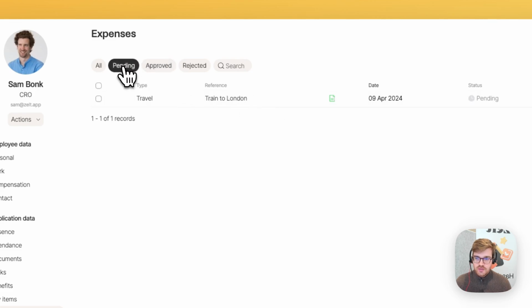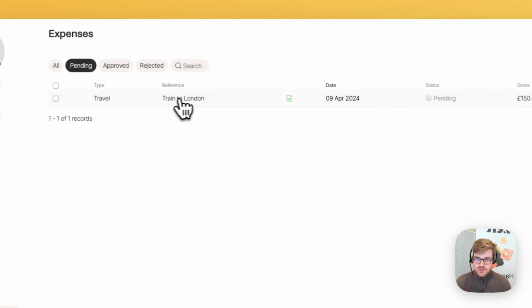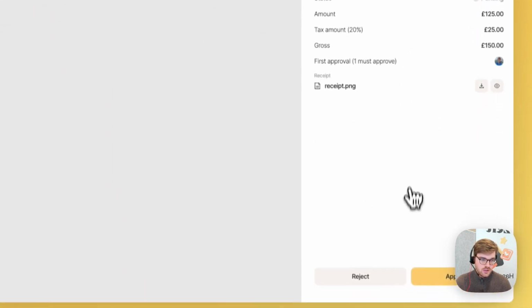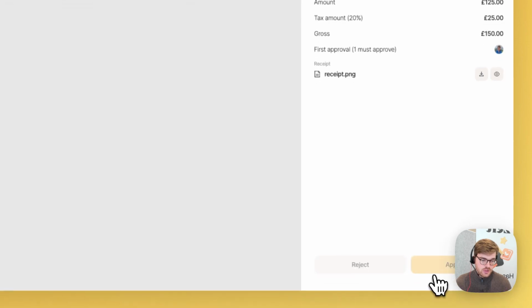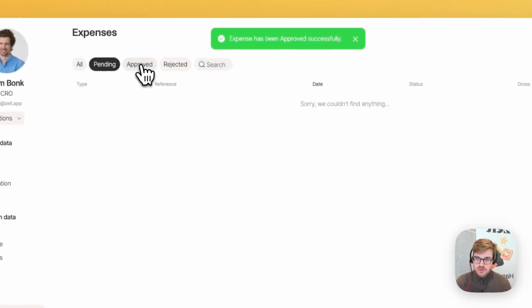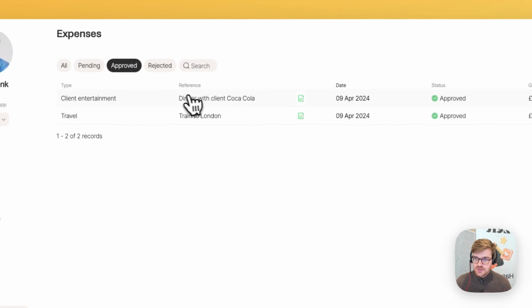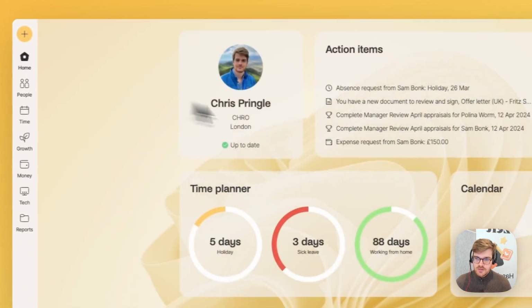There's also still this one here outstanding, which is a travel expense request actually, for a train to London, where actually I have to approve it as well. I'm just going to do that here. So that's also done. And now Sam has 2 expenses that are due to be reimbursed to him. That concludes the